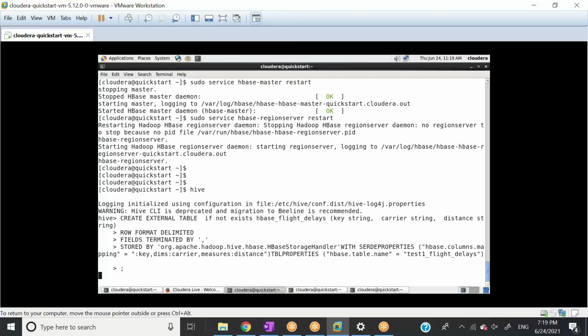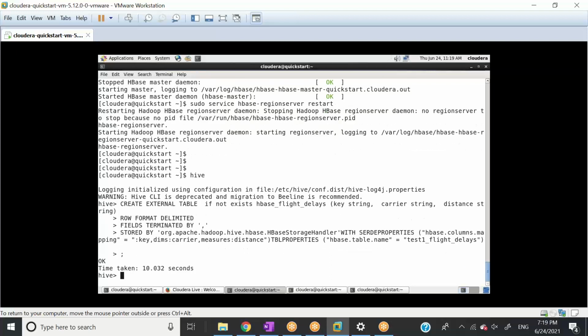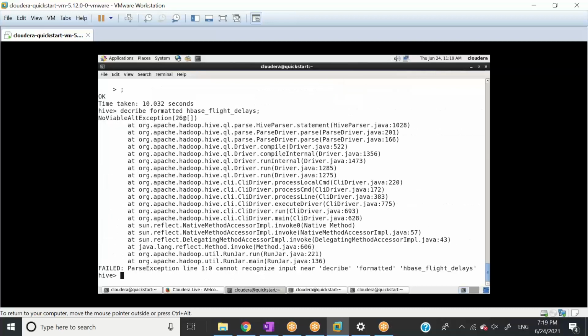Okay, the table is created, right? I'm going to describe this table. Describe formatted hbase_flight_delays. Sorry, describe formatted.